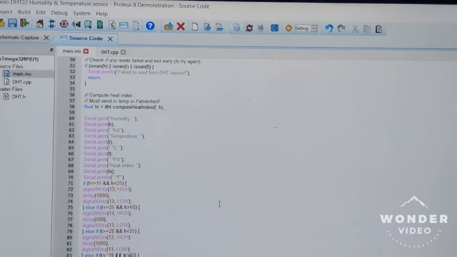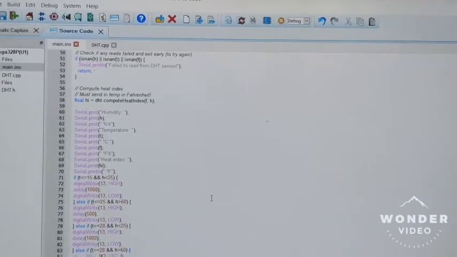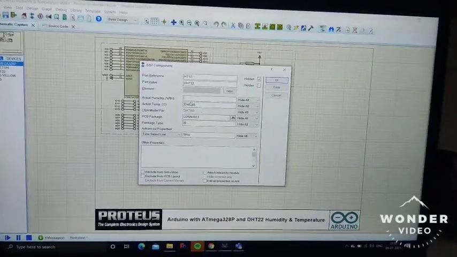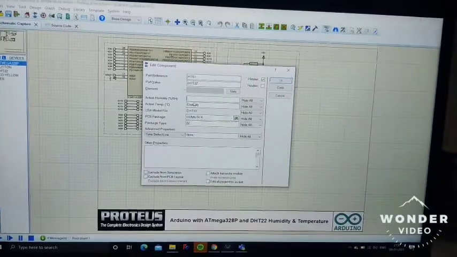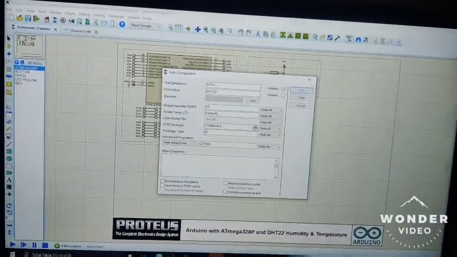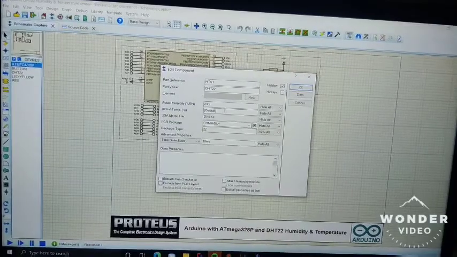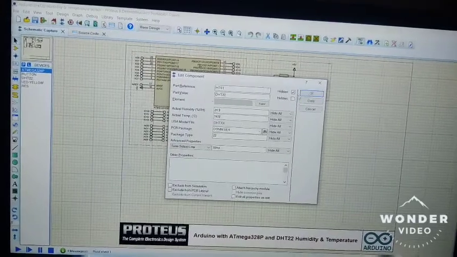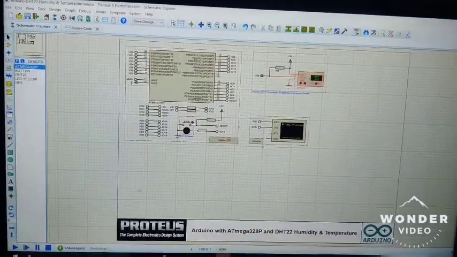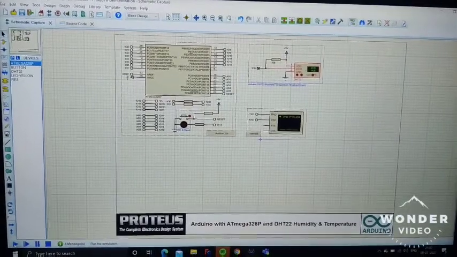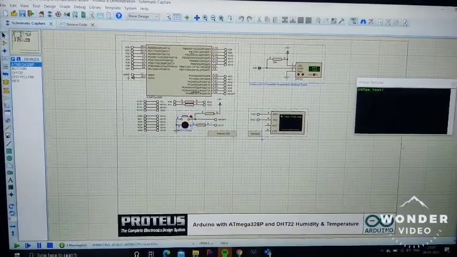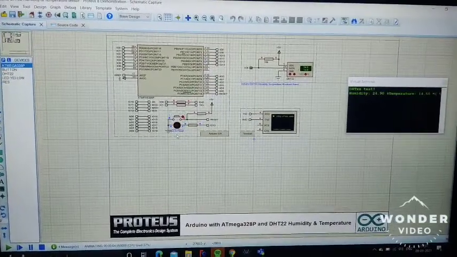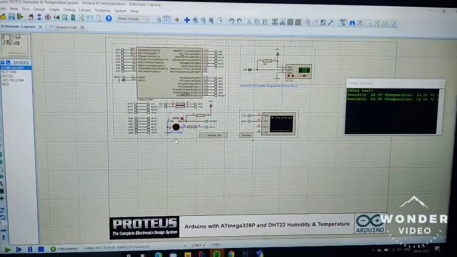Now to simulate our project, we have to enter these parameters in this humidity and temperature sensor. Now let us check the given conditions. The first one is humidity less than 25 and temperature less than 15. Now let us run this simulation. This is called the virtual terminal, and here you can see the blinking of the LED. Hence our first condition is satisfied.